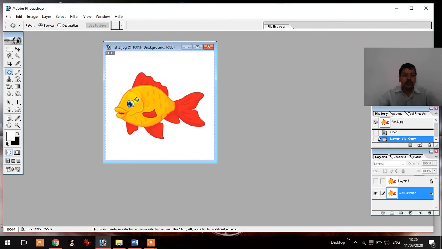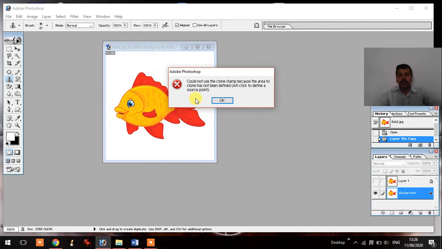Now just click on the clone stamp tool and select any particular point, like click here. It gives you a message that the clone stamp tool is not activated until you press the Alt key.